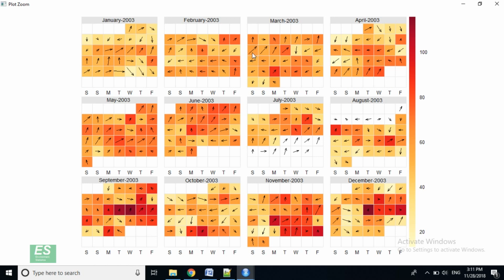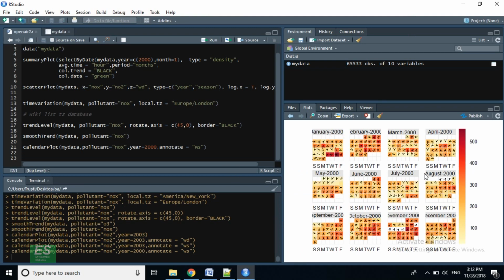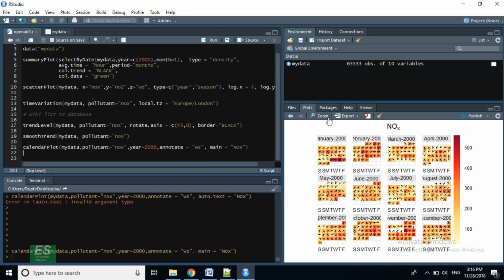This longer arrow indicates high wind speed as compared to these short arrows indicating lower wind speed. We'll plot the calendar plot for NOx 2000. Since the pollutant is not mentioned in the plot, we can specify it using main as title NOx. So now we have the pollutant name.